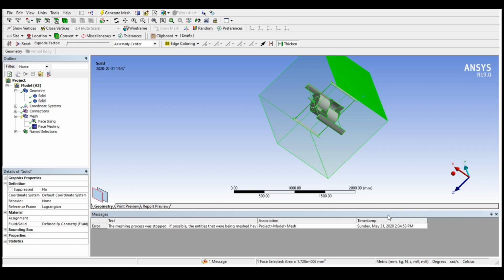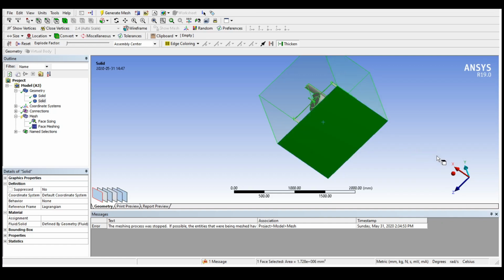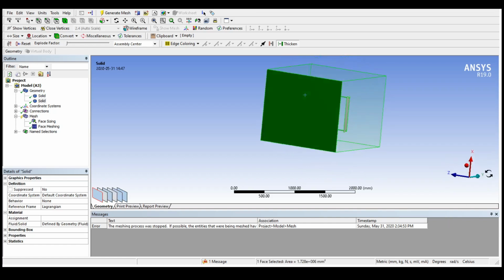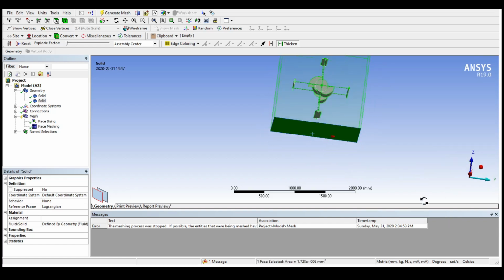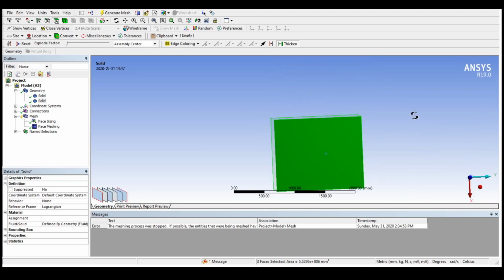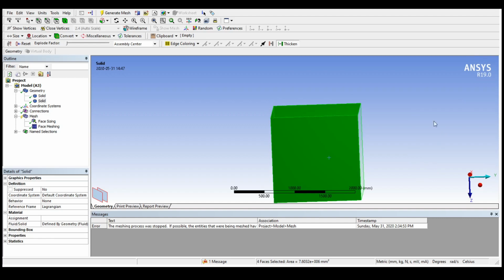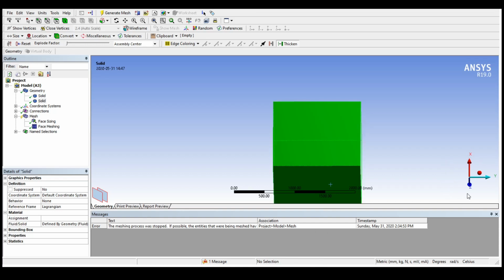Okay, that is fine. And these are all the wall structures and I will be selecting these faces by control select. Okay, all the walls are selected. Now right click and create name selection option and let us name it as wall. Okay, that is fine.